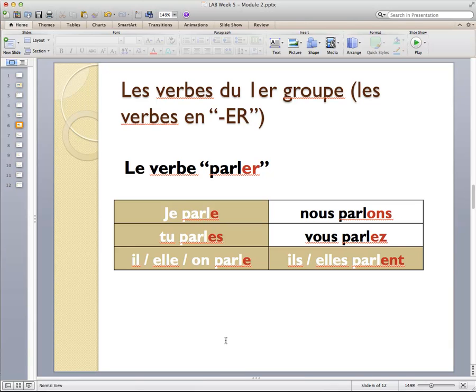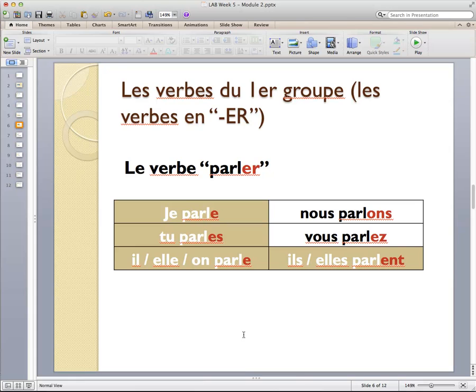Let's look at another example. This is the verb parler, which means to speak. Je parle, tu parles, il parle, elle parle, on parle, nous parlons, vous parlez, ils parlent, elles parlent. Again, everything in the brown sounds the same. Parle, parle, parle. They're all the same. Nous parlons, vous parlez are the only two that are pronounced differently. However, notice that the endings here are exactly the same as what we had with aimer. E for je, ES for tu, E for il, elle, and on, ONS for nous, EZ for vous, and ENT